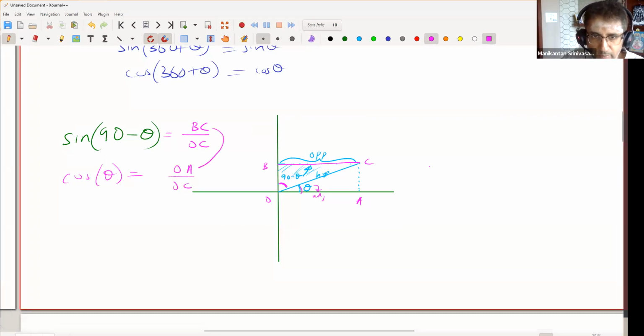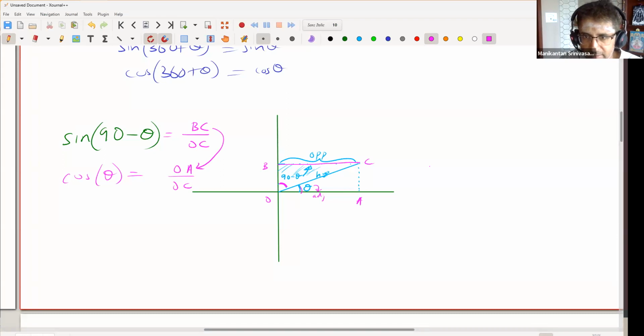But we know that BC and OA are the same length, right? It's just a rectangle after all. BC is same as OA, right? So which means sine of 90 minus theta is same as cos theta. Okay, and the same thing will happen if I go to the second quadrant, except that